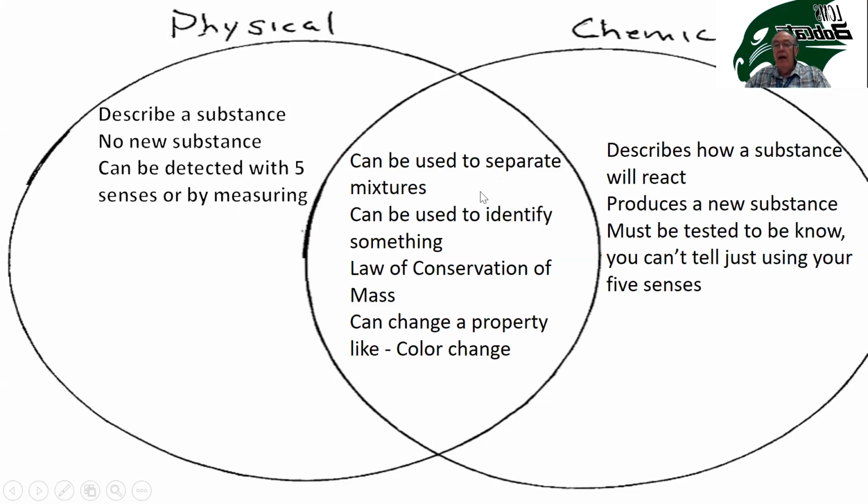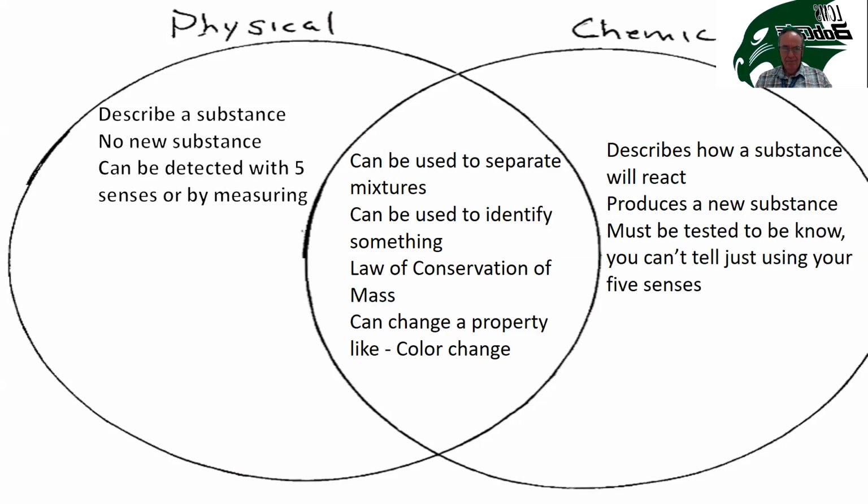Okay. Now, what does this all have to do with real life? Well, people separate stuff all the time. For example, when they dig iron up out of the ground, it's mixed in with dirt. So first, they want to get the iron ore separated from just the dirt. The iron ore is basically rust, what we find in nature, so it's iron oxide. So they need to use chemical separation to break the iron apart from the oxygen. So they end up with just the pure iron, so that it can be used to make things that we use, like car parts.